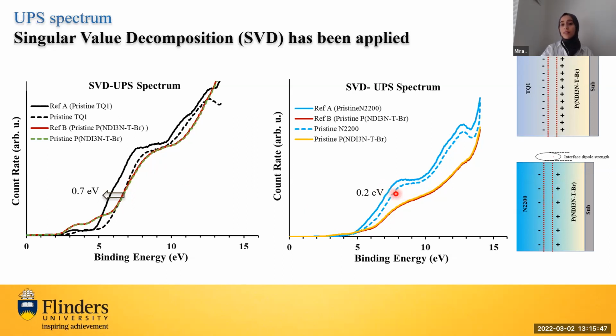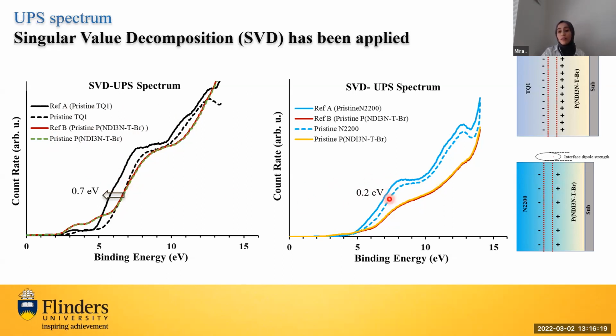The first reference is exactly the same as the N2200 spectra, but shifted on the energy scale by around 0.2 electronvolt. And also the P11 spectra is similar to the reference P11, and doesn't show any shift on the energy scale. So here we can see the obvious shift for TQ1, and we found actually a minor shift